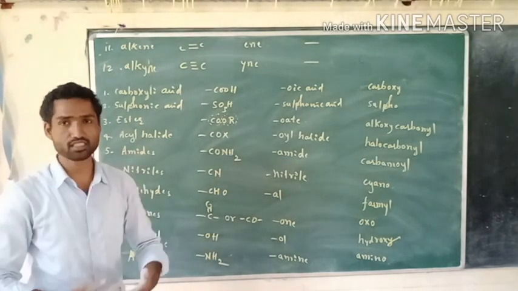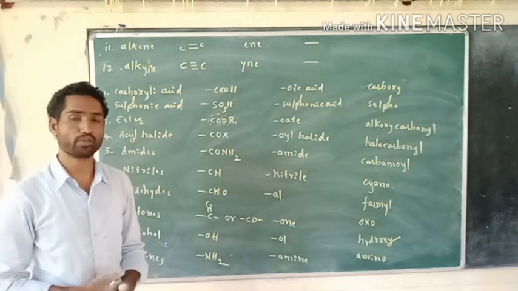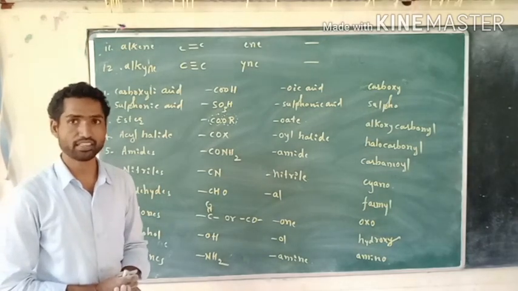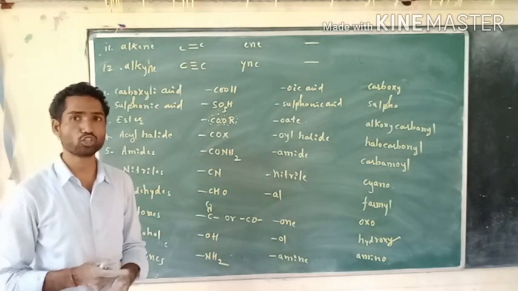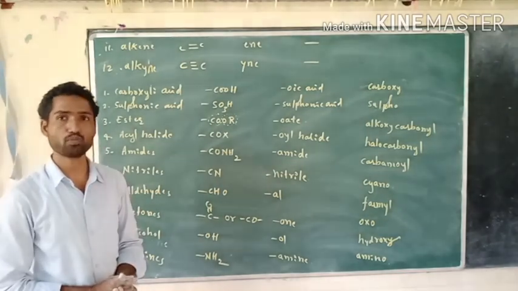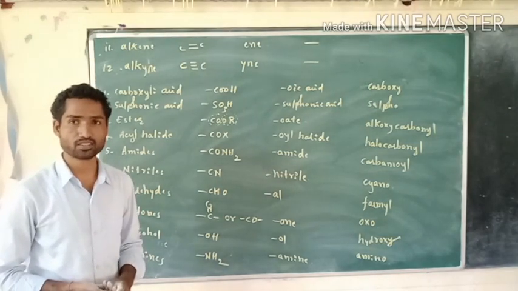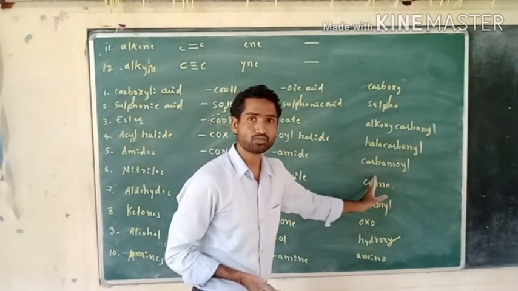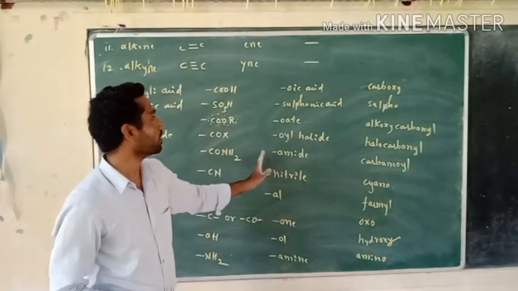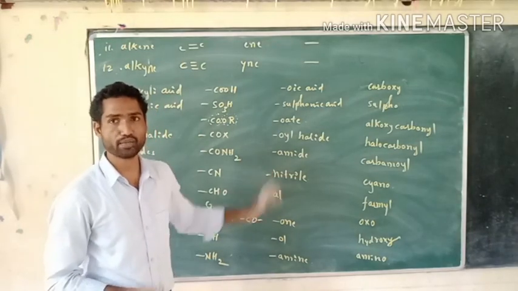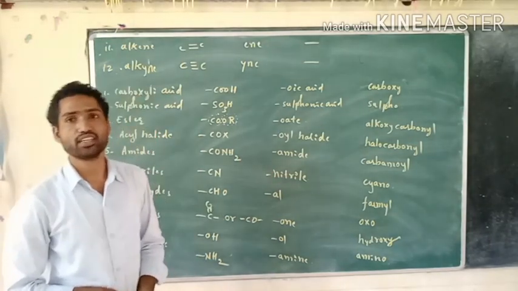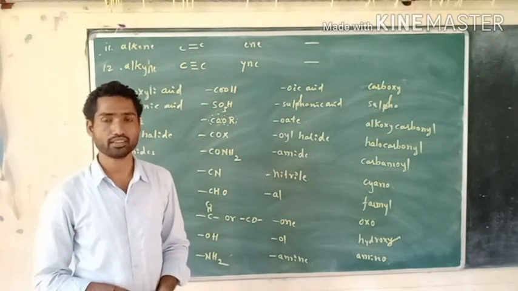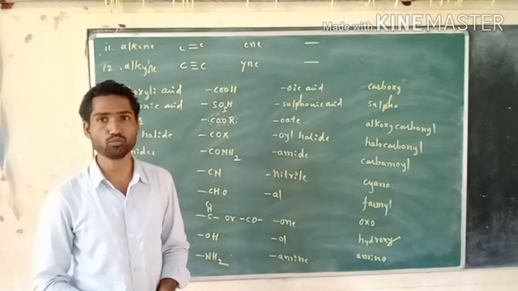According to this priority, we have to remember in order to name the molecules containing more than one functional group. In that case, we have to consider any one of the functional groups as the main functional group and the other functional groups as substituents. So in that case, we have to use substituent names along with the suffix name in order to name those molecules. So in the next video class, I would like to take different examples and show how to name those molecules